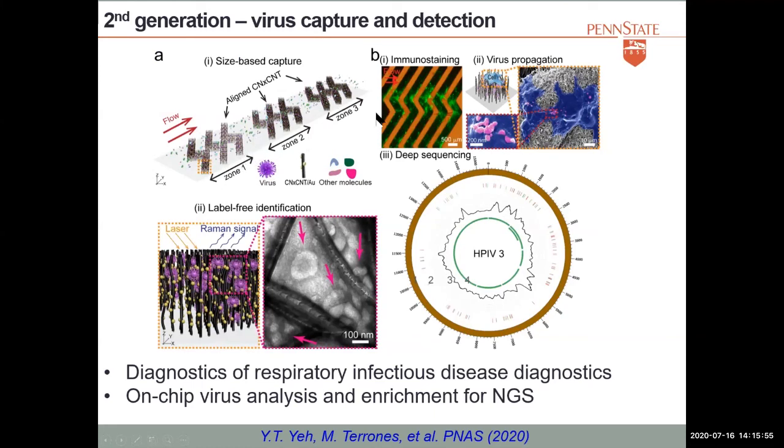So you can open your device, you have trapped the viruses, and then you can do the cell propagation. You can infect cells here, and these are the viruses and the cells. And you can propagate and replicate the viruses just from the chip, right? So this is a nice thing about this. In this case, this is the human parainfluenza virus 3, which we tested here.